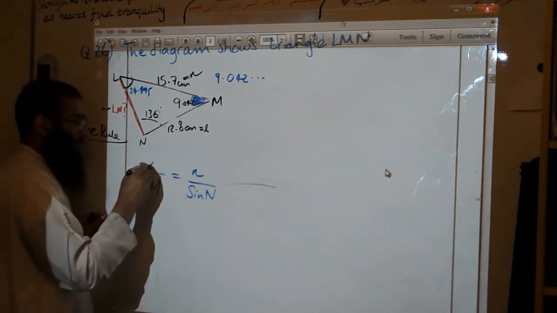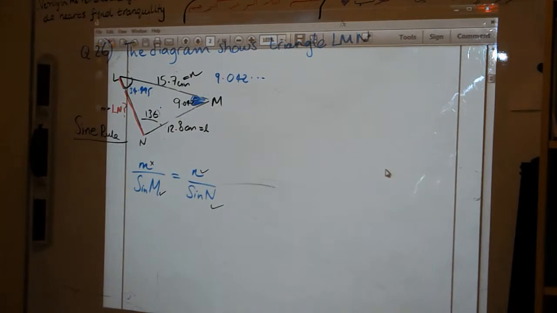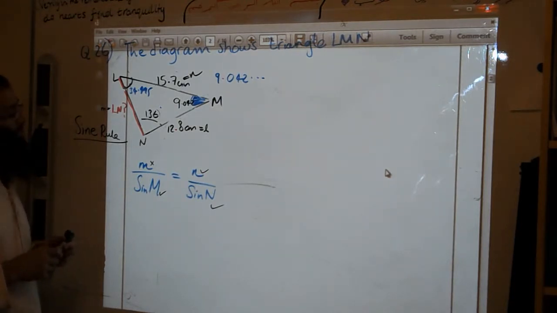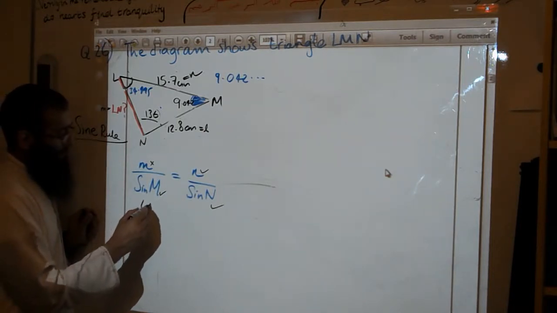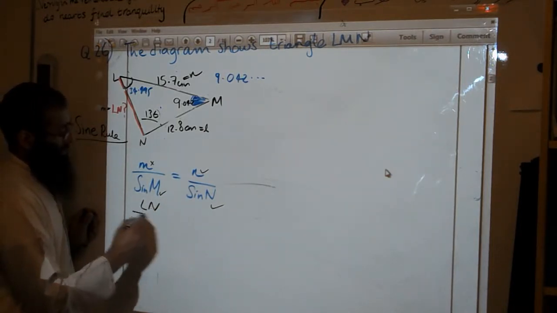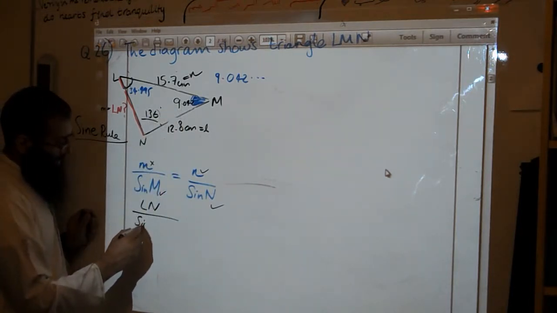And this is the one that we don't know, and we know this, and we know this, and we know this. So we're going to work out this one, ln here. So ln over sine of m, which is the sine of that number there,